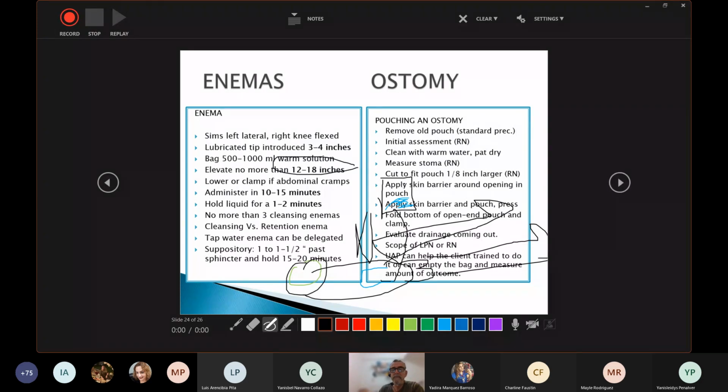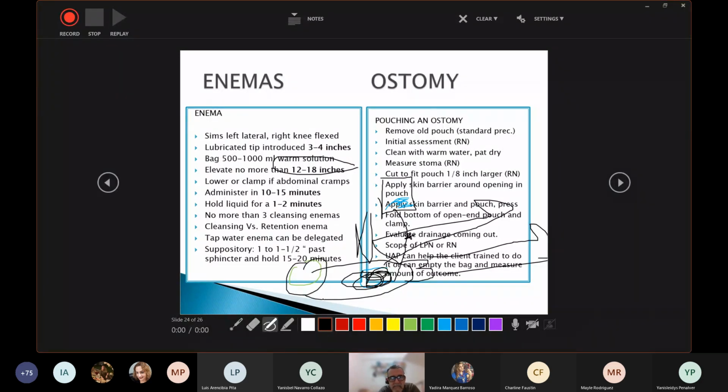What happens if the patient is having too much cramping, colics, when the water is entering? Well, you have different options in the question. One option could be to clamp, so stop any entrance of liquid until the cramps improve and then restart the introduction of the liquid, but at a lower height. The other is just to lower the height. The higher you put the bag, the faster the liquid enters. This liquid should be entered in 10 to 15 minutes.